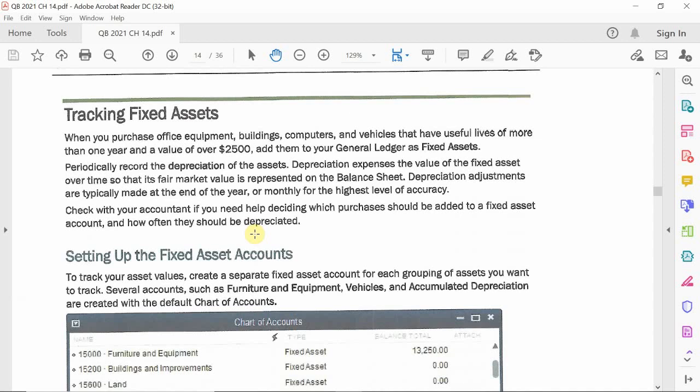So, how to use the fixed assets item list and how to keep track of fixed items. The purpose of keeping track of fixed items is for one thing only: to be able to depreciate your items. Okay? Now, the definition of depreciation, right, is that when we purchase our assets,